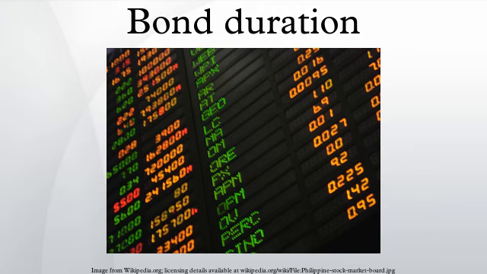Macaulay duration, named for Frederick Macaulay who introduced the concept, is the weighted average maturity of cash flows. Consider some set of fixed cash flows. The present value of these cash flows is PV. Macaulay duration is defined as the sum over i of t_i times PV_i, divided by PV, where i indexes the cash flows, PV_i is the present value of the i-th cash payment from an asset, t_i is the time in years until the i-th payment will be received, and PV is the present value of all future cash payments from the asset.